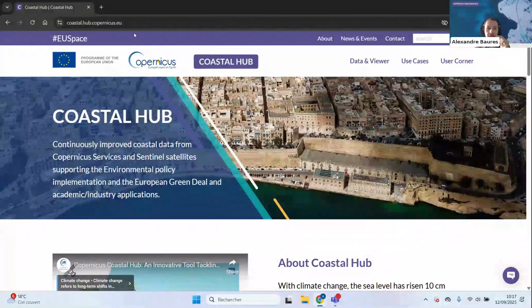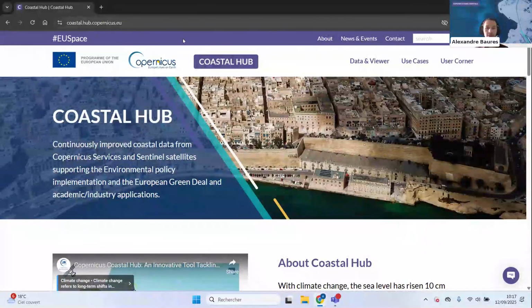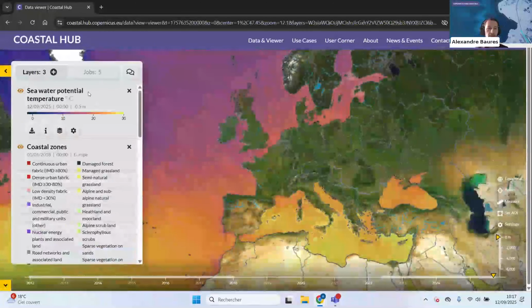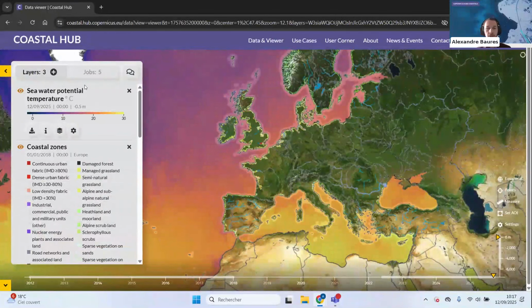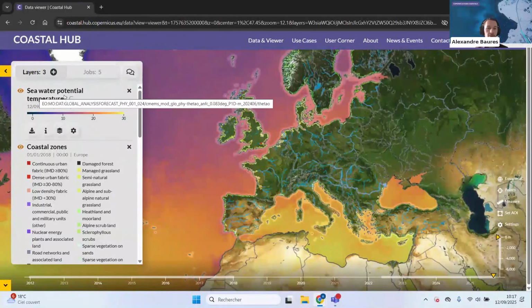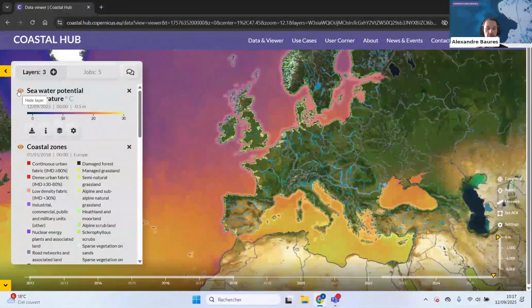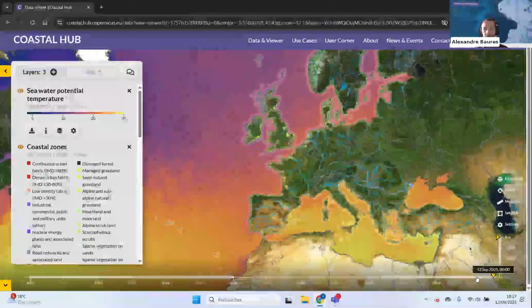So let's meet on the Costal page that you can find at the link costal.hub.copernicus.eu. Here we will navigate to the data viewer at the top right, clicking on this. If it's the first time you reach this page, you will have 3-layer display by default. The first one is the seawater potential temperature in degrees. We have this eye icon on the left that allows you to hide or show the layer. You can change the date at the bottom of the viewer